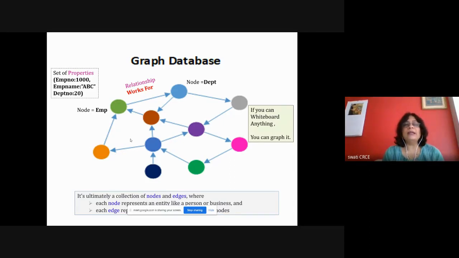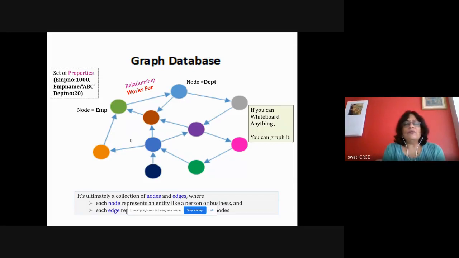So for performing any transactions on a famous website like Facebook or WhatsApp or any other network, we use a transactional RDBMS. But for performing any analytical kind of query on big data, we use NoSQL databases. NoSQL has four types. Key value is Amazon DynamoDB, column oriented is HBase, document oriented is MongoDB, and graph oriented we are studying about Neo4j. Okay, there are many databases, but we have taken one example to understand each type of NoSQL.